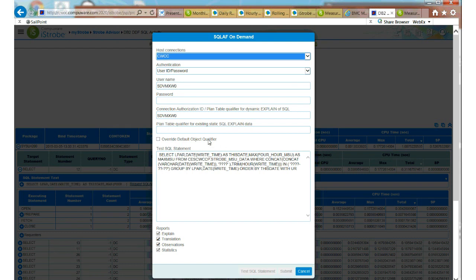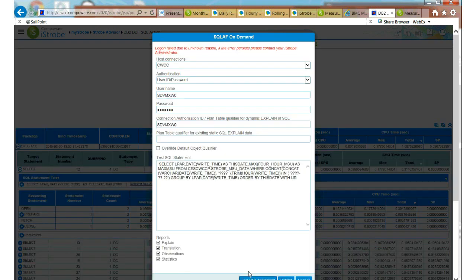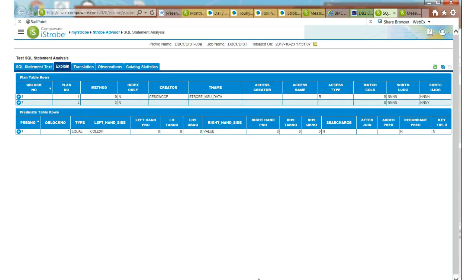It brings up that panel where we can log into the mainframe. And I'm using my user ID because I have a plan table out on this system. So I can then look at this SQL statement and get a dynamic explain on it. So I click on, so maybe I used the wrong password. There we go. So now what we see here is the explain, and we can see based on the access